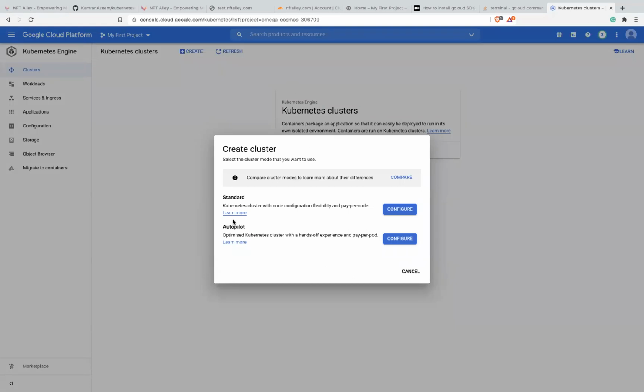So here it is going to provide you two options. One is standard and one is autopilot. Google has provided something called autopilot. That means you do not have to do anything. It's like Fargate on AWS. Similarly, autopilot is the same kind of, or an optimized version of, Fargate on EKS. That means you just have to pay for the pod. That's it. That's all. And the rest, everything will be taken care of by Google or AWS or